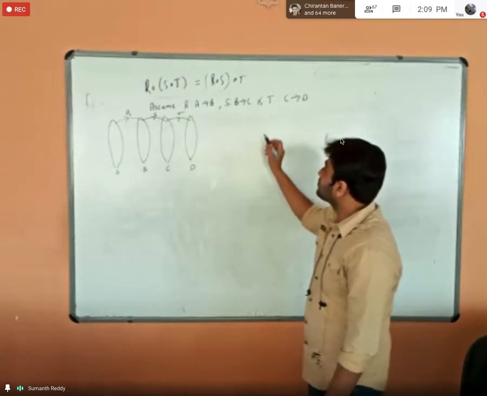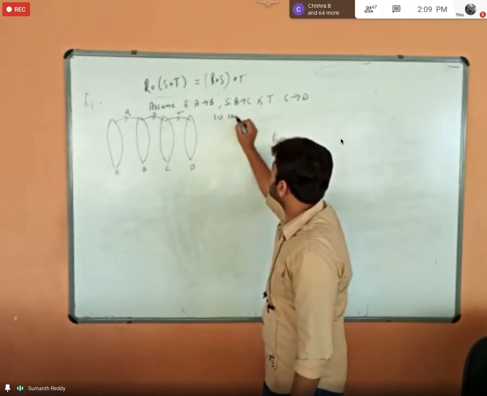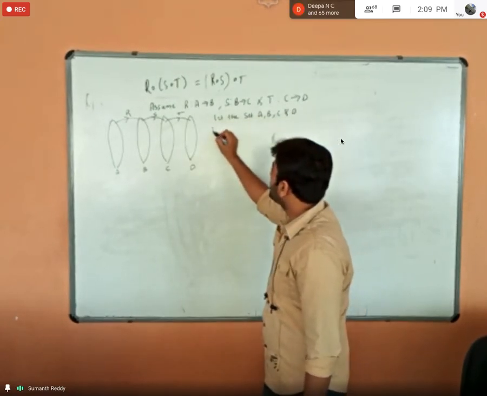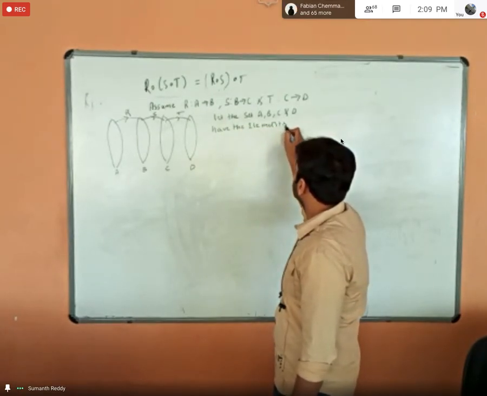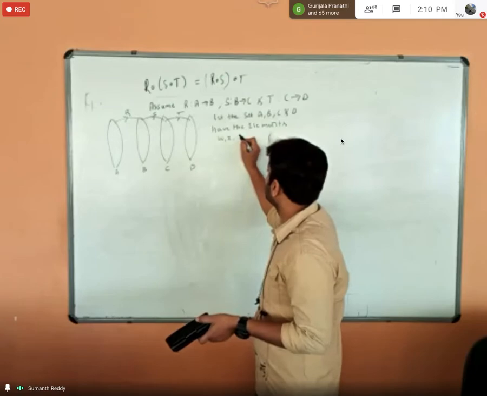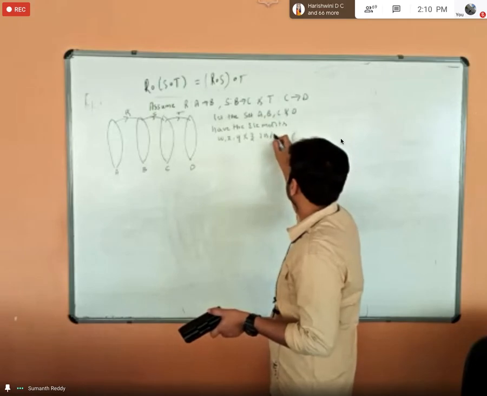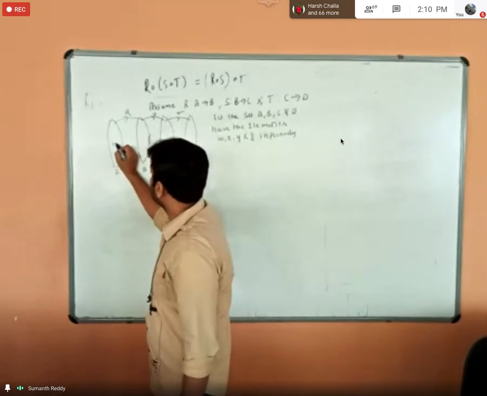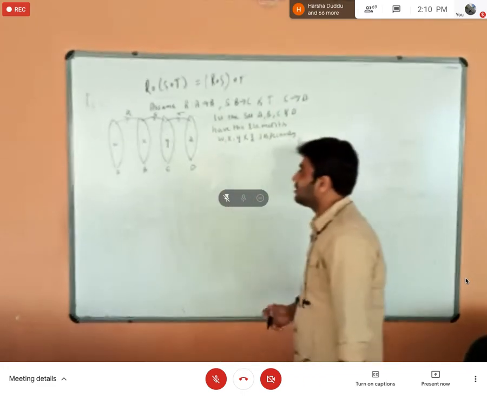Okay. So after this, what I will do is let the sets A, B, C, and D have the elements, you can assume any four elements. Okay, so I'll just take W, X, Y, Z. You can take any elements W, X, Y, and Z respectively. So based on this assumption, the set A will contain W, set B will contain X, Y, and Z. Okay, so I have included these elements.